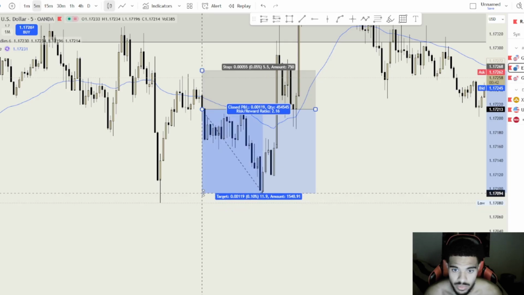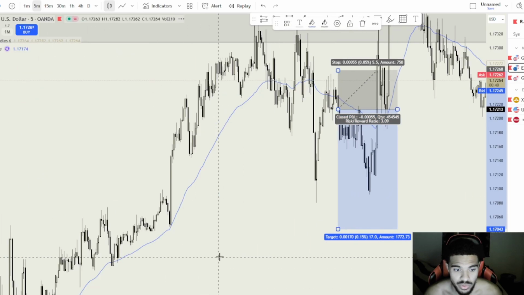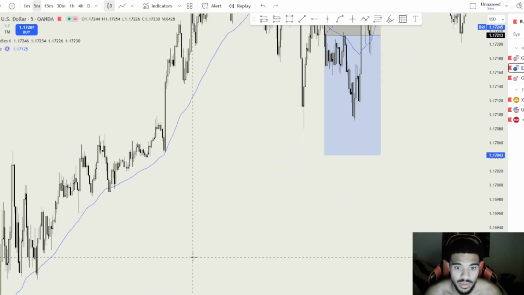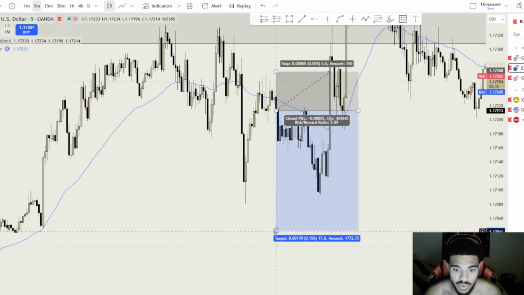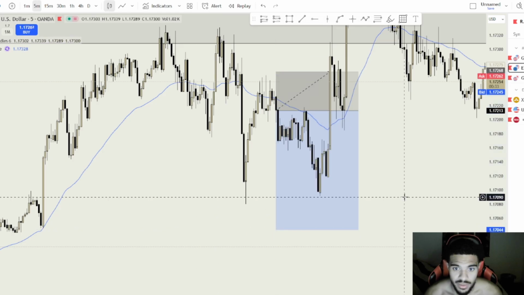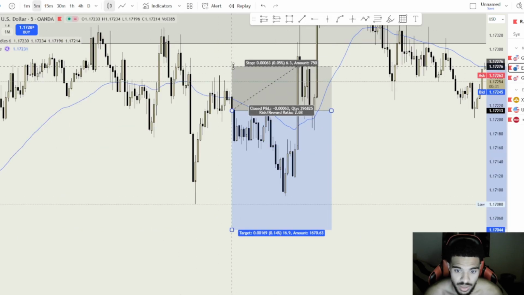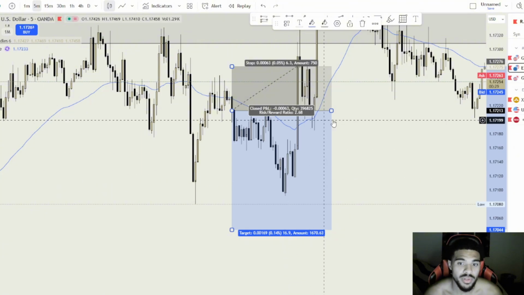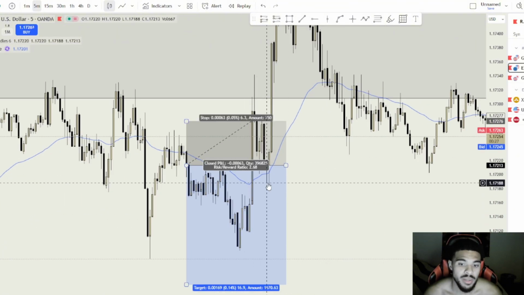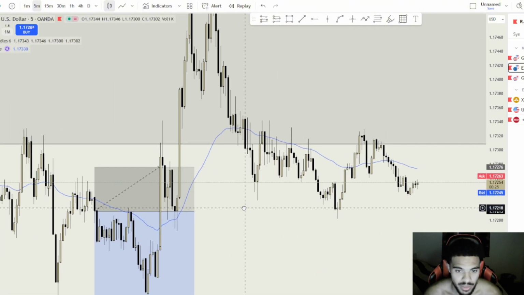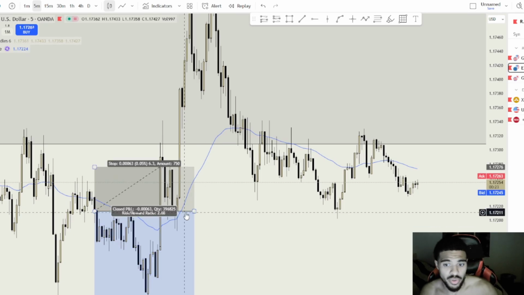1 to 2. We went bigger than a 1 to 2. We were targeting big. In all honesty, I think we were targeting these lows down here, so for like a 1 to 3. So he was quite heavily in profit, and price obviously rejected. Came up, rejected again off the EMA, and pushed back up again. Not to say that price wouldn't continue to drop now.